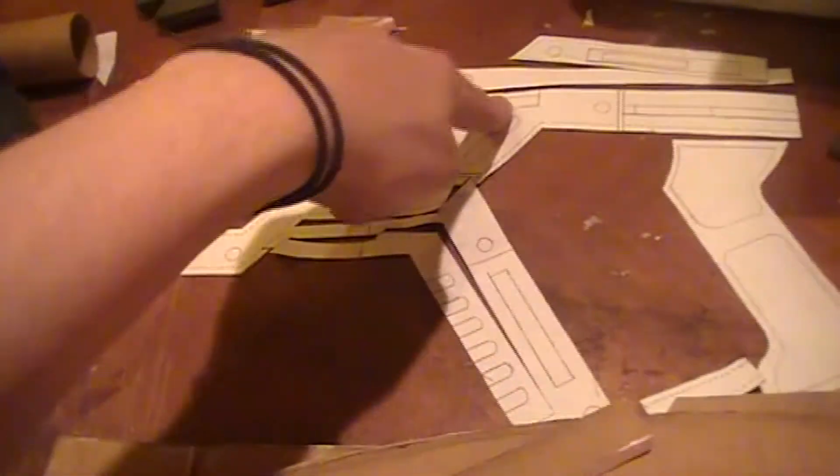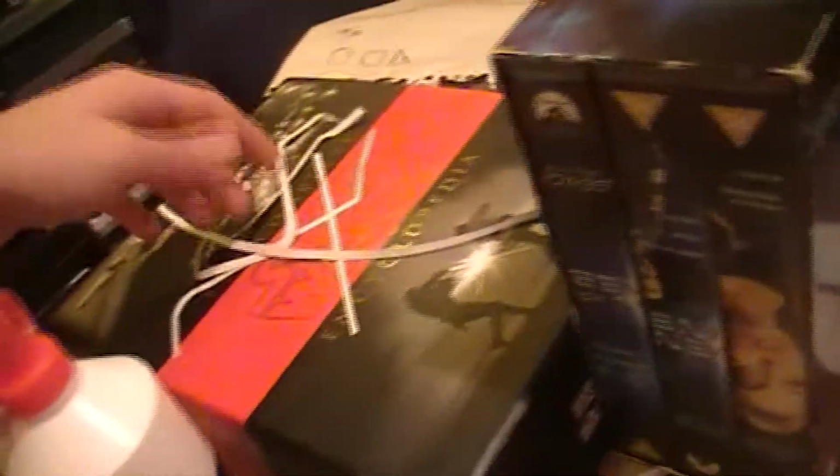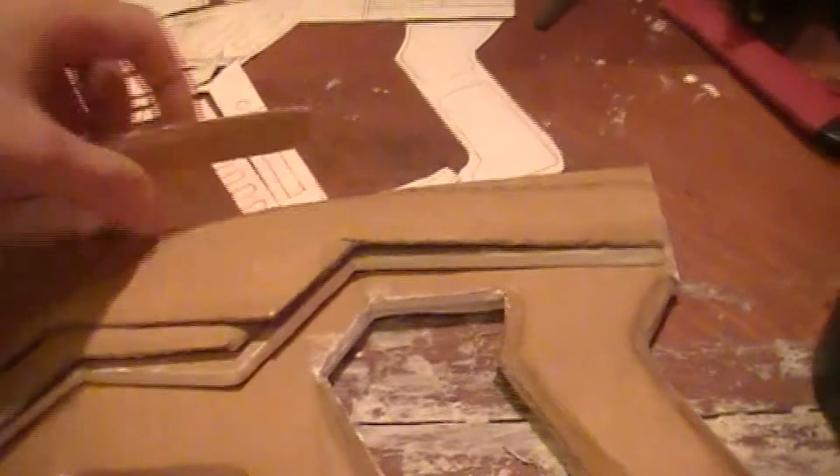Obviously with the template, some of it's cut off. So here, these are the bits which he beveled, but because I'm using cardboard, I can't really bevel it as well as he did. I did try a wee bit, but it'd be a wee bit more hassle. But because I was running out of hot glue, I didn't know if I was going to do this,